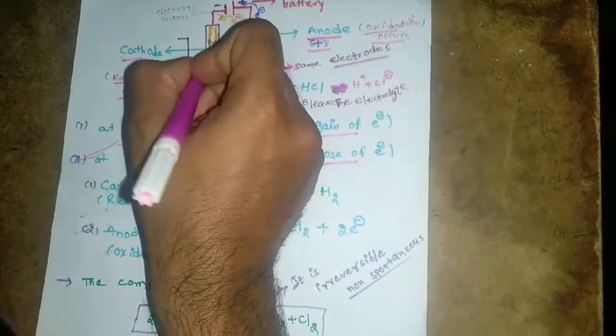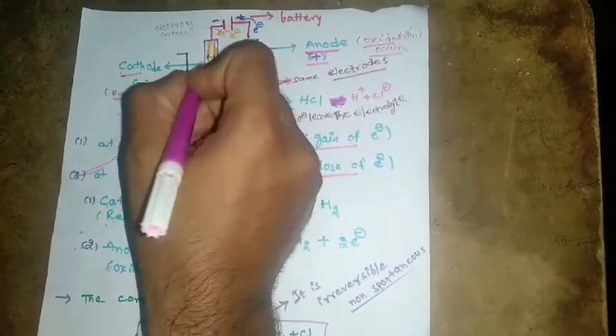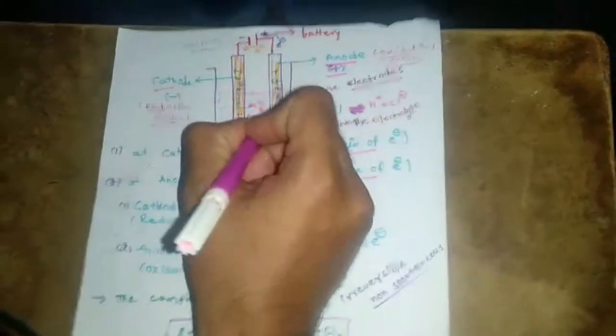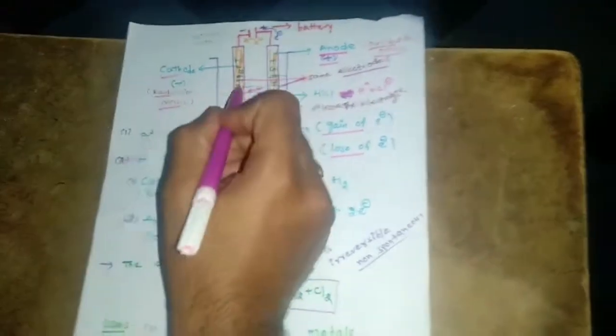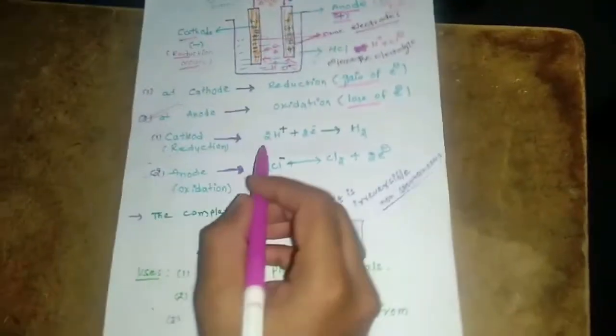So that's why the anode is getting the negative charge. On the surface of the cathode, there is an excess of electrons. So in that electrolyte solution, H plus ions move to the cathode, gain the electrons from the cathode, and liberate hydrogen gas. When hydrogen gas is liberated from the cathode, in the same way chlorine gas is also liberated from the anode. I have given the reaction here.